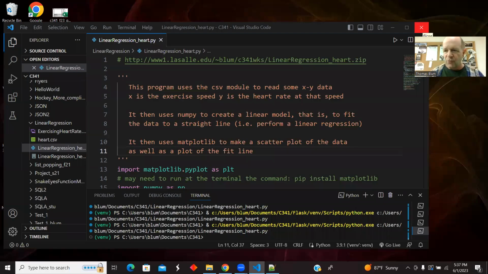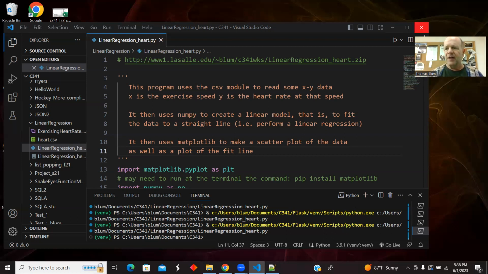In this video, we're going to read some data in from a CSV file, and it includes XY scatter data. The X's are going to be the speed while performing some exercise. I think the data I took from somewhere was from an elliptical machine. And then the corresponding heart rate of the exerciser exercising at that speed. So then we're going to read in that data and make two lists of the X data